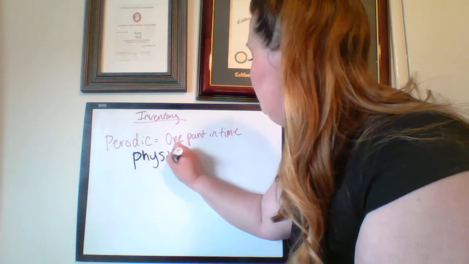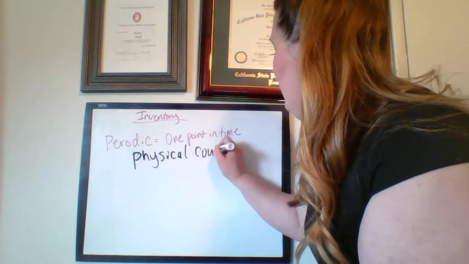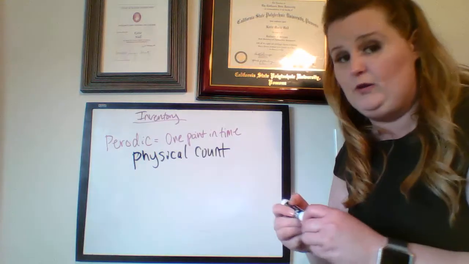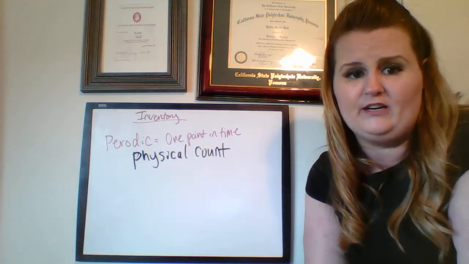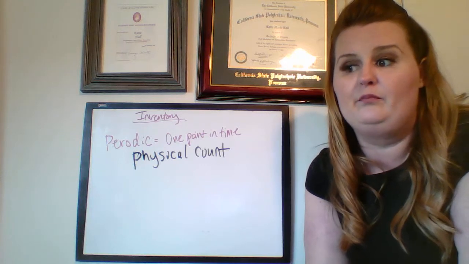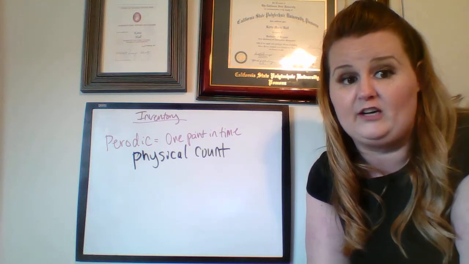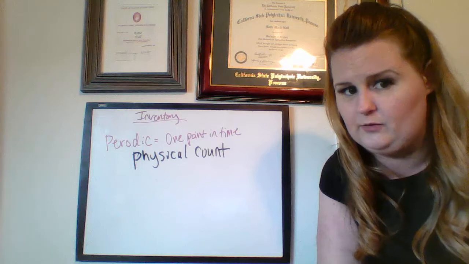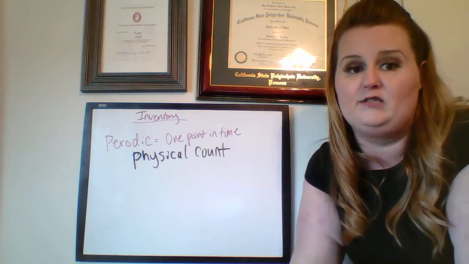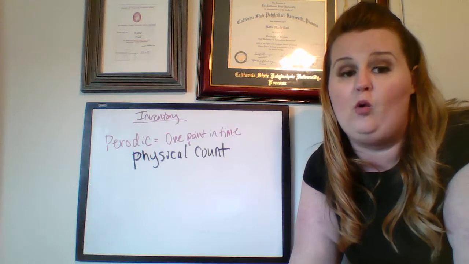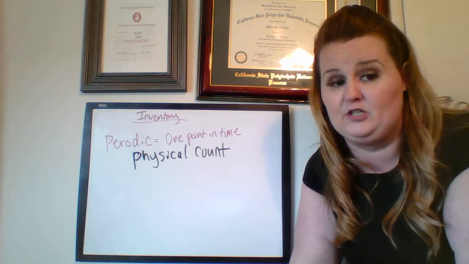P-H-Y. Physical count. Physical count inventory basically means that you count by hand how many items you actually see. The reason that we do that is because we want to make sure that the products are actually there. We don't always trust a computerized system. So a periodic inventory system allows me to know what I really truly have from a business perspective,